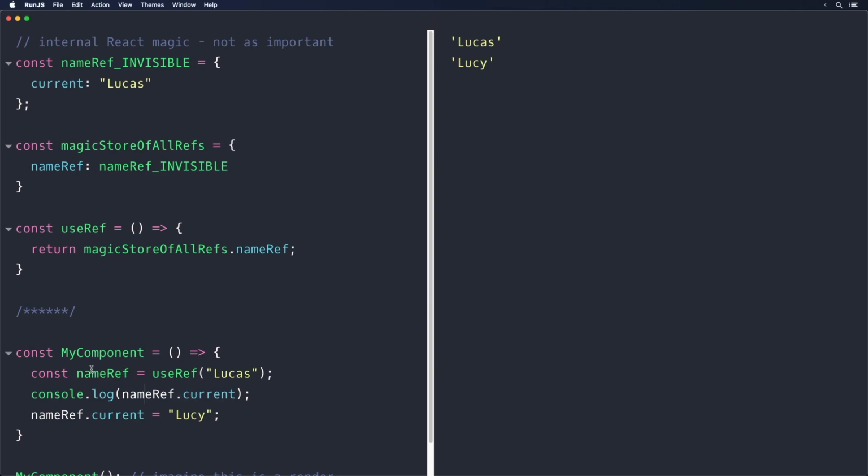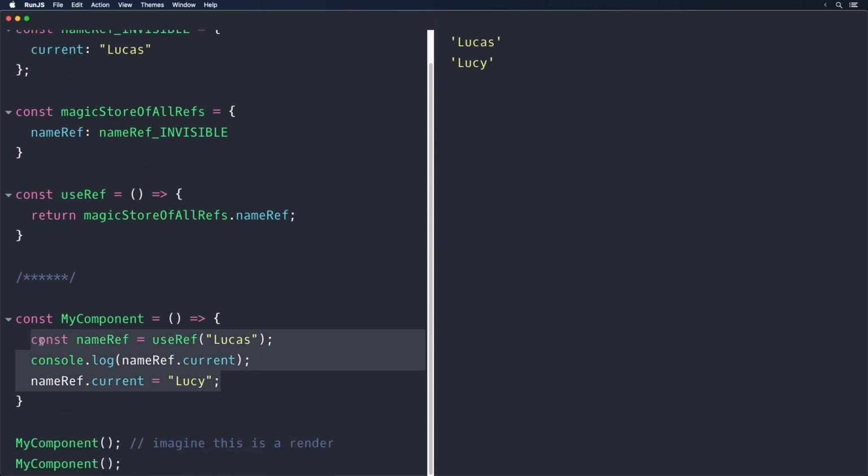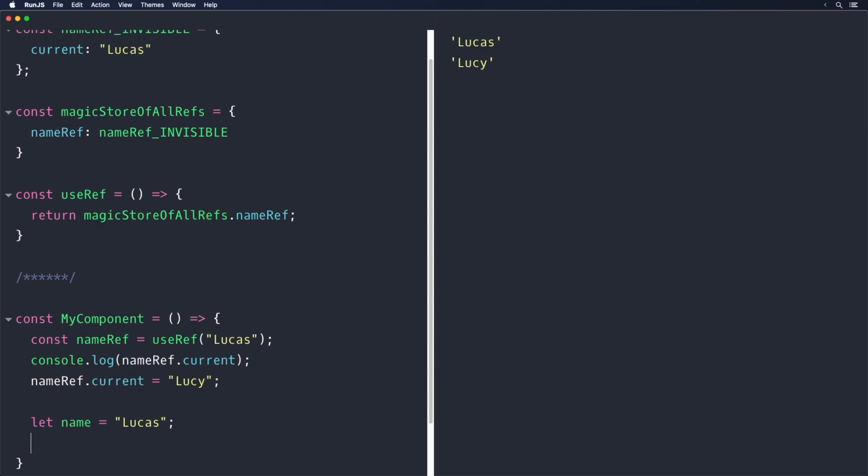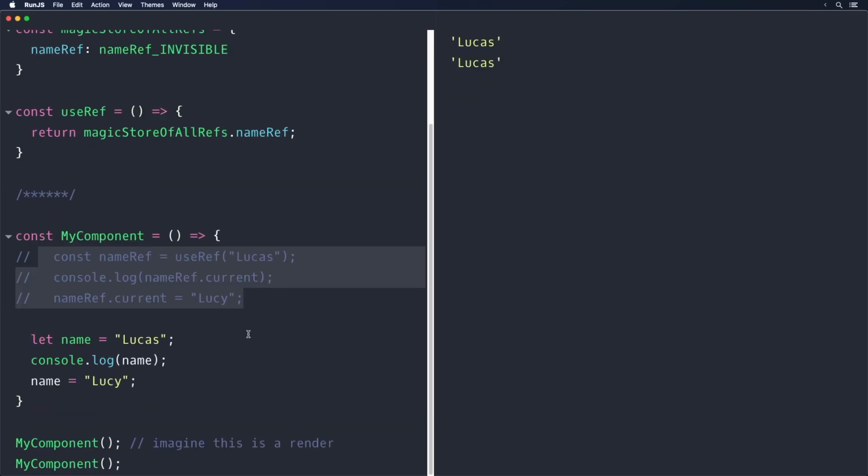For example, if I were to change the way we did this, and say we did something like let name equals Lucas, because people ask me this a lot as well, is like, why can't we just use let variables inside of our components? Well, you see, when you do console.log name like this, and then let's do name equals Lucy, and let's comment out these 3 lines of code here, then what happens is we actually get Lucas twice, because